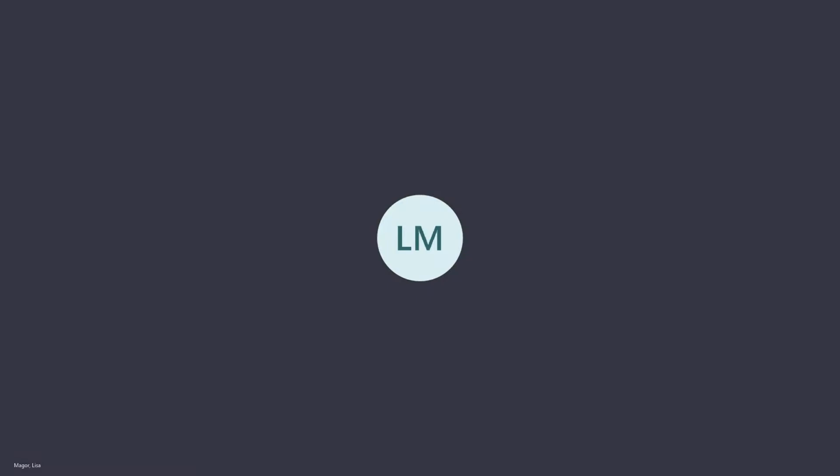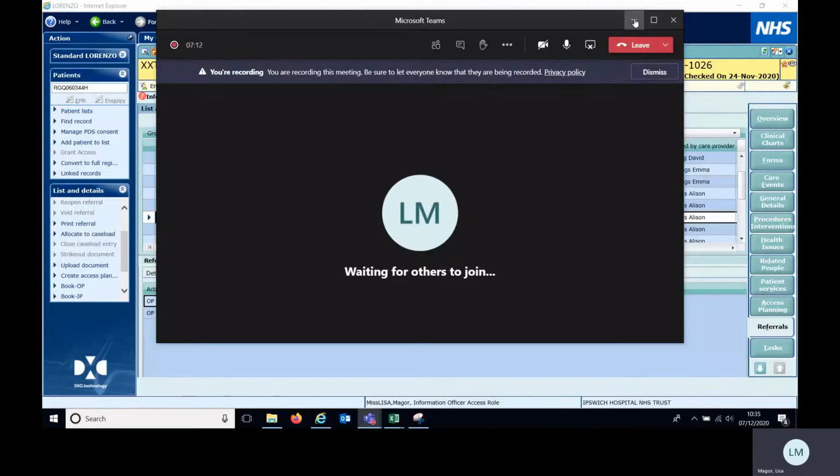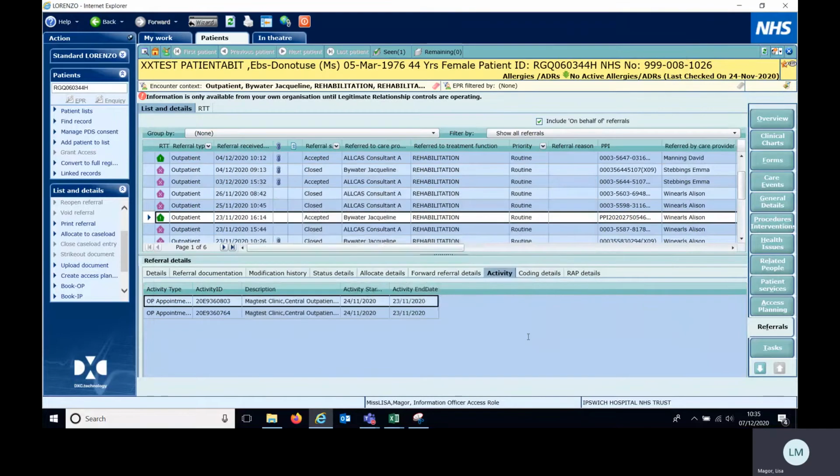This is an easy tutorial showing you how to add an administrative event to an RTT pathway. Admin events are a way to affect an 18-week clock outside of a clinical setting. So if something happens, for example, a letter is sent to a patient where a decision not to treat is